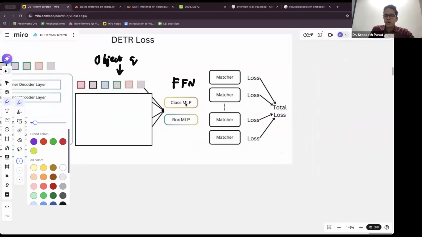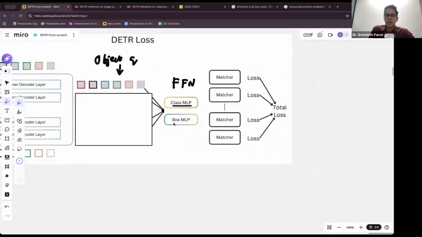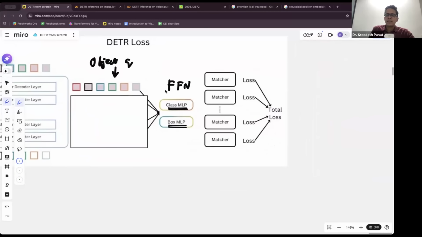These object queries are simultaneously passed through two feed forward neural networks. One is a multi-layer perceptron for class. One is a multi-layer perceptron for box. So this MLP will predict whether the item inside our box is whatever object: person or dog or cat or whatever. MLP will predict,